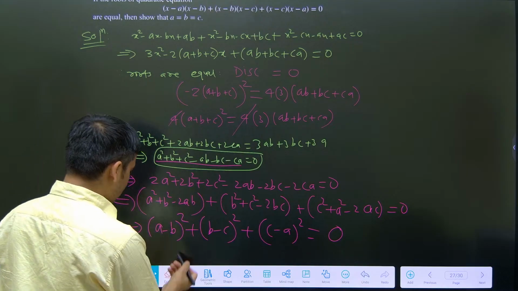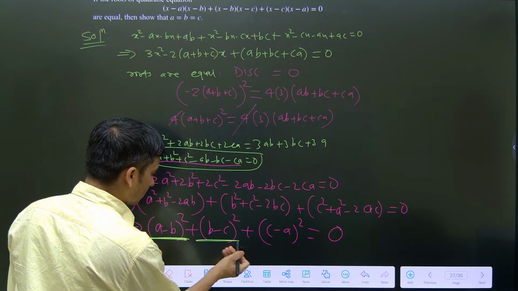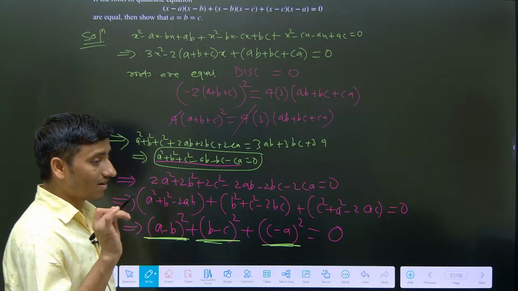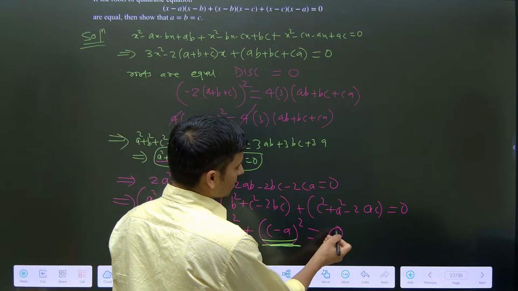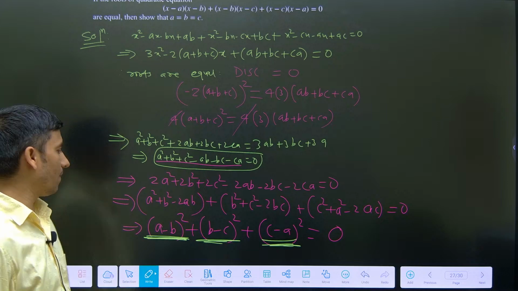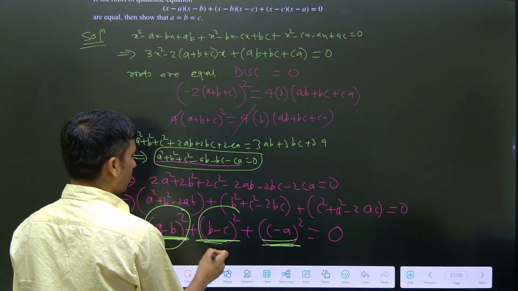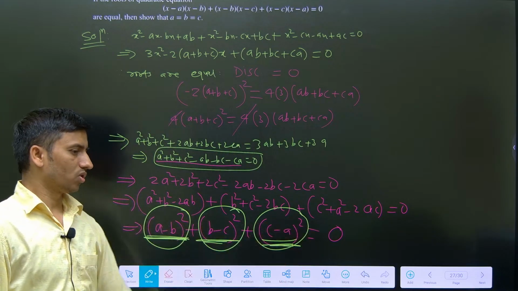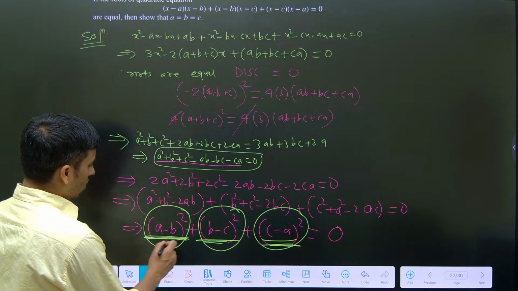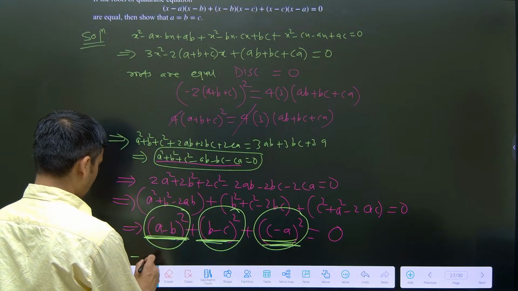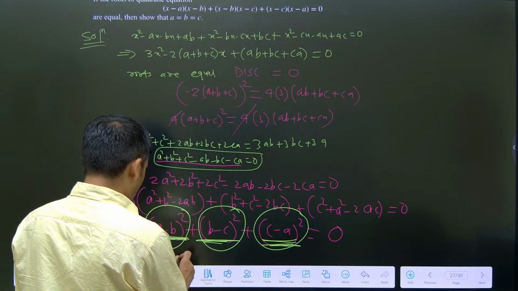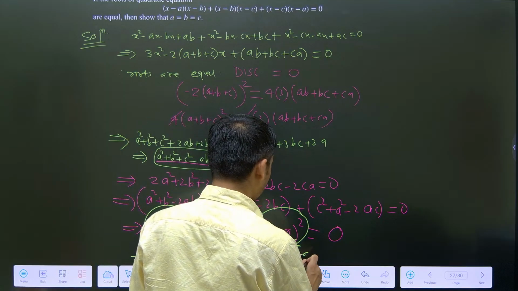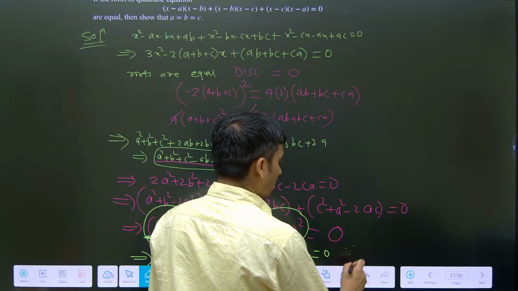Whatever be the value of a, b, c, can I say, guys, this number cannot be negative, this number cannot be negative, and this number cannot be negative? These are non-negative numbers, but at the same time when you are adding them, it is actually 0. So that can only happen when all of these are 0, because they can be 0 or more. But if they are more than 0, then the sum can never be 0. So since the sum is 0, we have to have all of these individual terms 0. So we'll write a minus b must be 0, b minus c must be 0, and c minus a must be 0. Why? Since squares